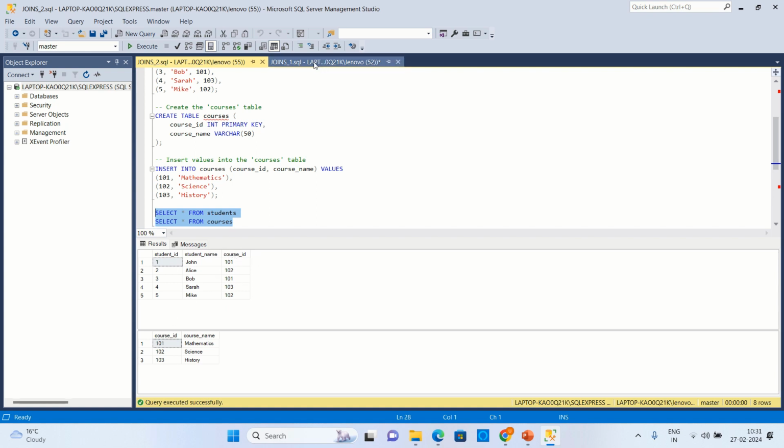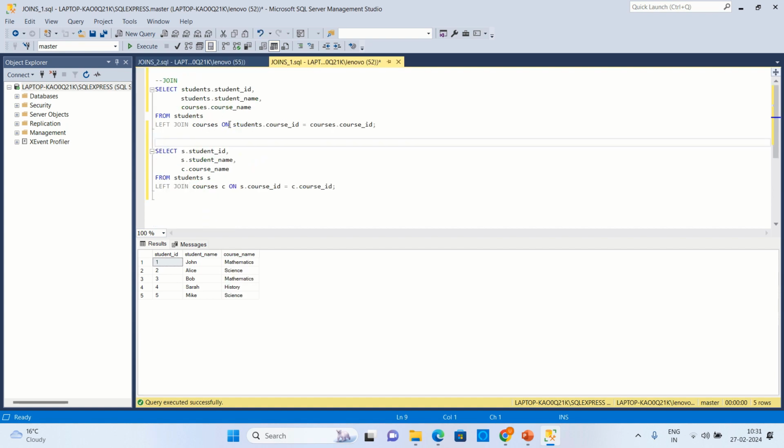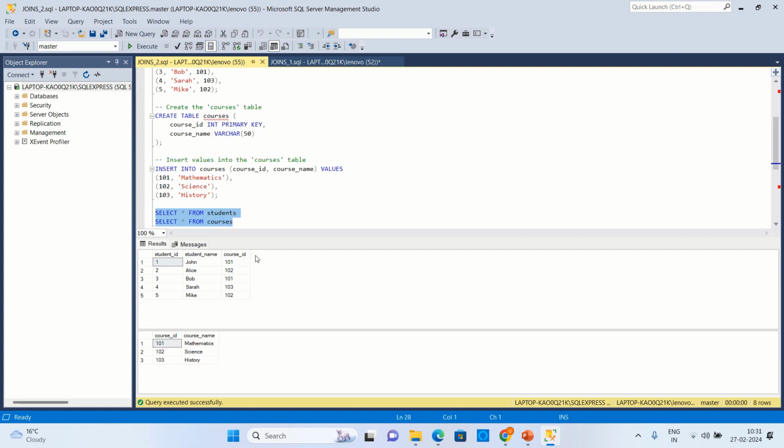So this is how we will write this query. From student table, I need student ID. From student table, I need student name, and from course table, I need course name. So basically, I don't need course ID in the final output. I am only interested to know student ID, student name, and the corresponding course name. And to find this course name, I am using join